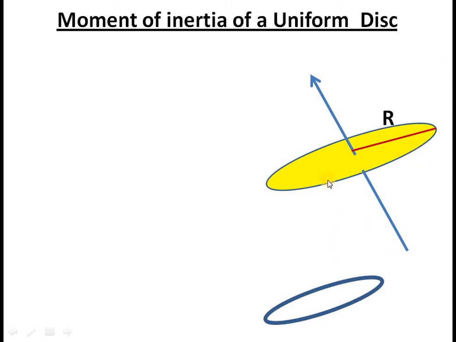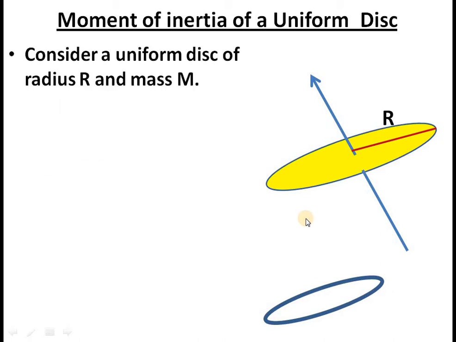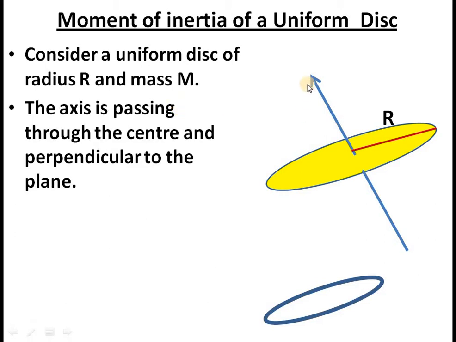Because then you can easily find the moment of inertia of the disk by integrating. You find the moment of inertia of a single ring and then integrate from 0 to capital R. So you will get the total moment of inertia of the whole disk. That is what you are going to do. So for that, imagine your whole disk is of mass capital M and its radius is capital R, and imagine the axis is perpendicular to the plane of the disk.